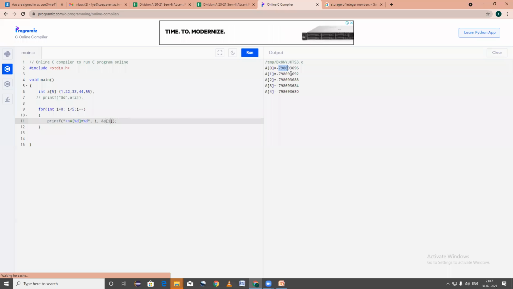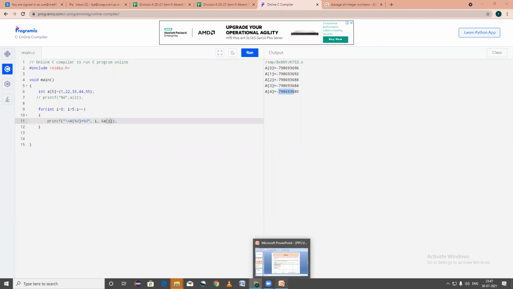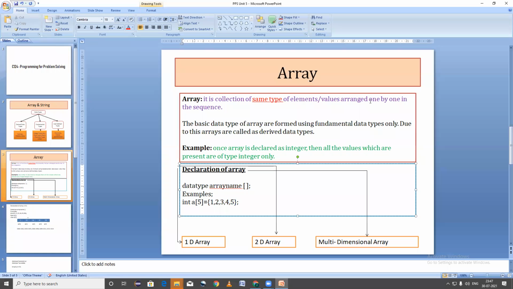Don't look at the first digits, because if you check 7 9 8 6 9 3 6, up to this, all the values are the same for all the memory addresses. That is how the values of an array are stored one by one in a sequence. So that one thing is clear.